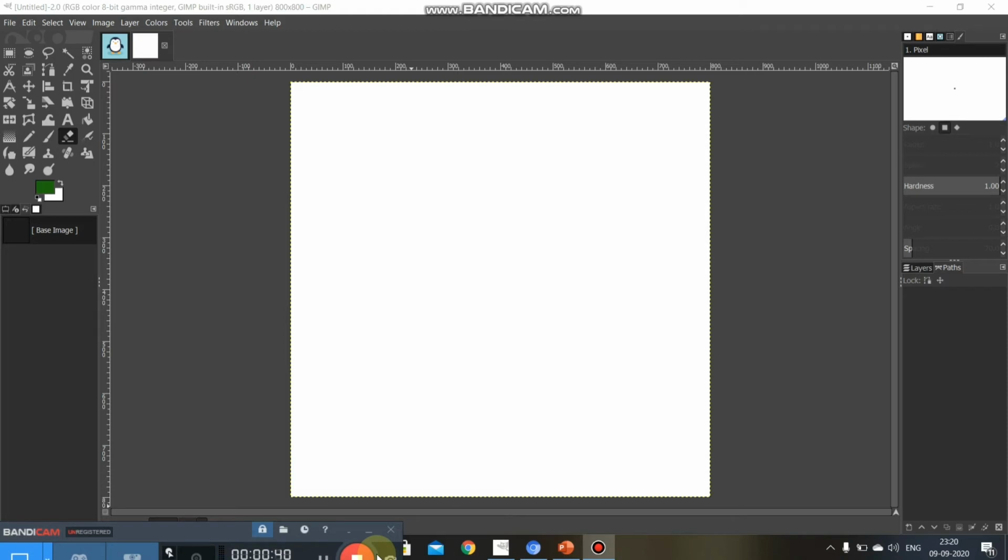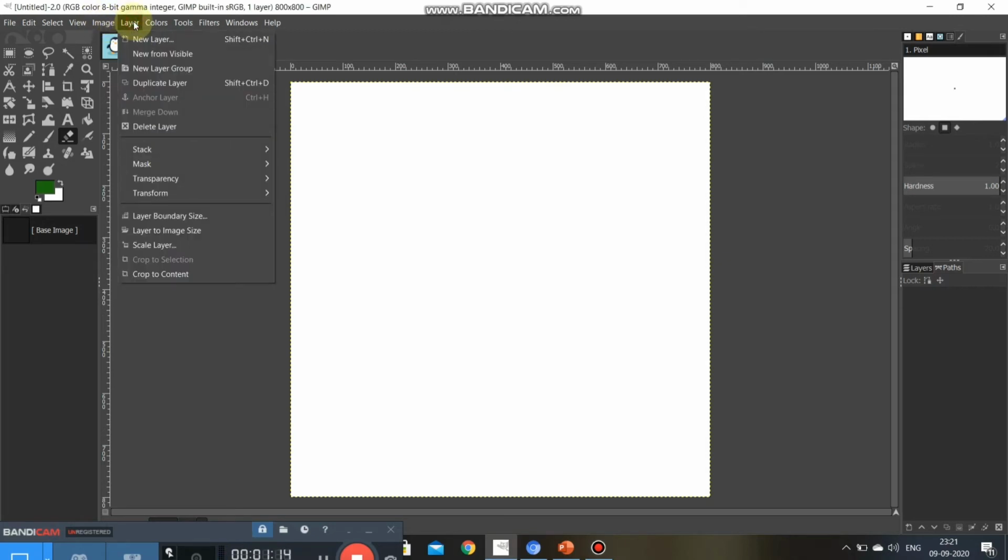Let's start working on it. For example, for creating layer, what we have to do, you can create as many layers as you require in GIMP. You need to give a name to each layer created. We have to give each layer a name, okay? If we are creating 8 layers, we have to provide 8 different names to each layer, okay? For example, we are creating 2 layers now for the flower image. So what we will do, first we will click on layer, okay? From here we will create a new layer,